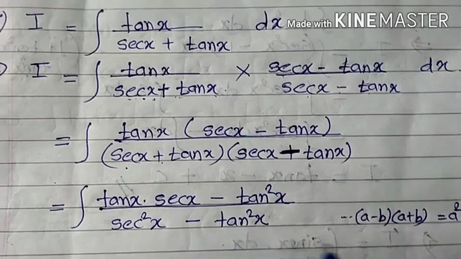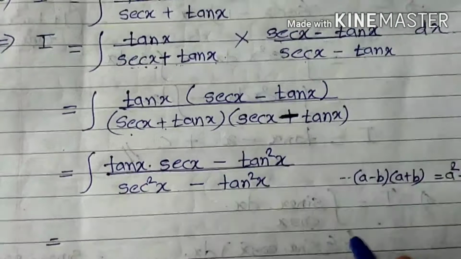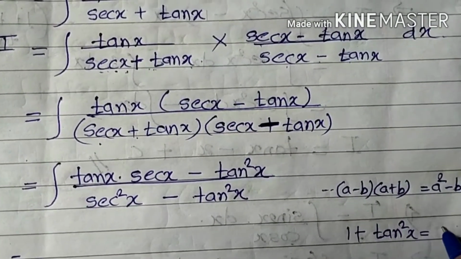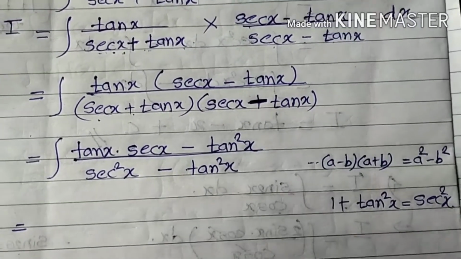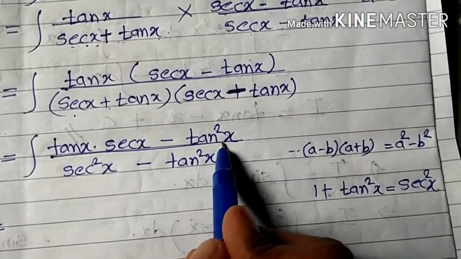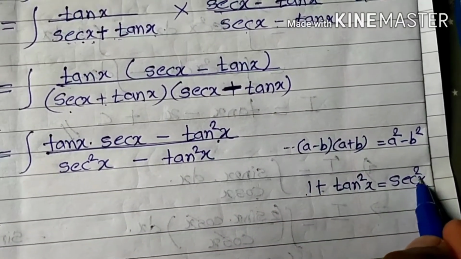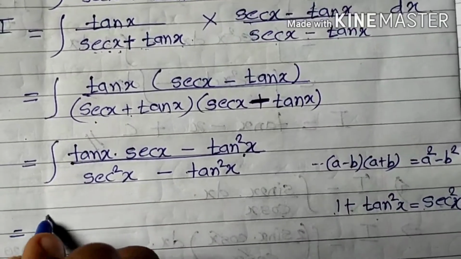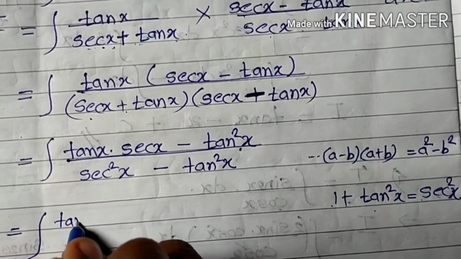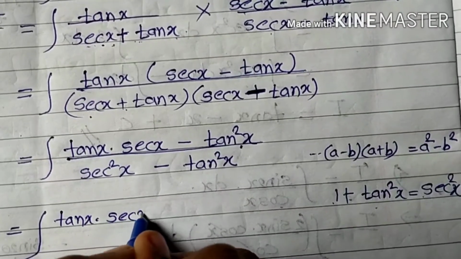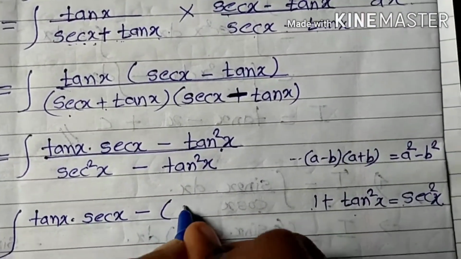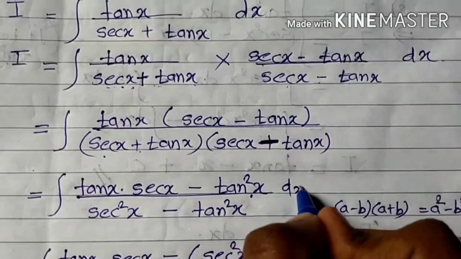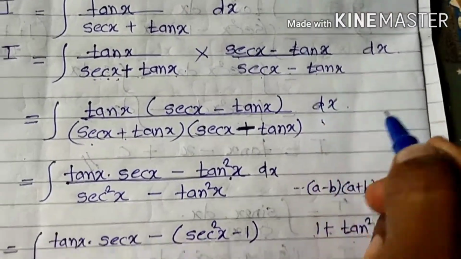Now use the identity on both sides. So what is the identity? 1 plus tan square x is equal to sec square x. So when we want tan square x, 1 goes to this side, so we get tan square x equal to sec square x minus 1. So it is tan x into sec x minus sec square x minus 1. Here write dx, don't forget it, upon